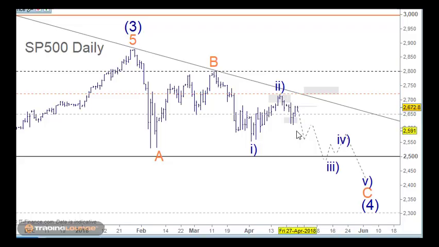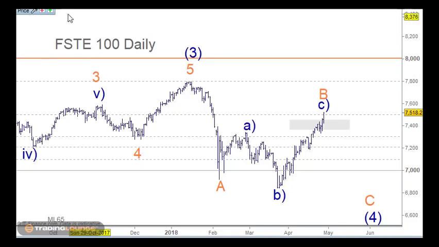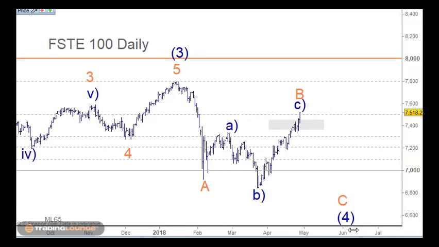Let's see how much steam it's got to the upside where it meets supply, and if it gets forced back down through this. So this is a sentiment indicator, but what I wanted to look at was the FTSE here. The relationship between England and Australia is quite strong, and in terms of the SPI, the futures contract, and the FTSE,